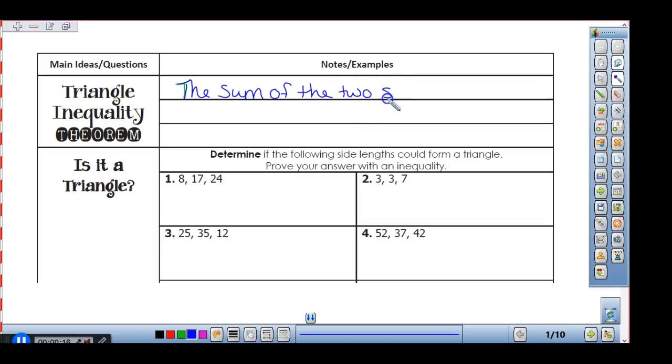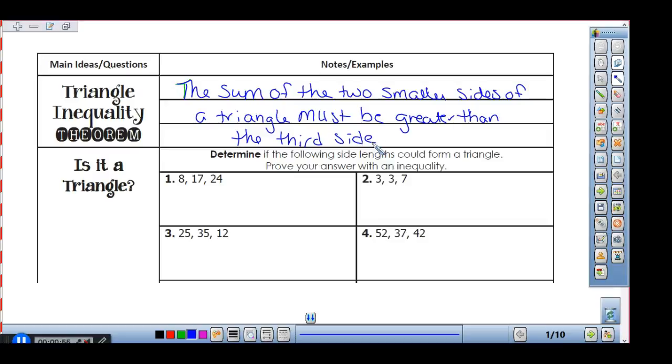The sum of the two smaller sides of a triangle must be greater than the third side. Okay? Sum. What am I talking about when we're talking about the sum? Addition. Yep. So when I add the two smaller sides together, it has to be greater than the third